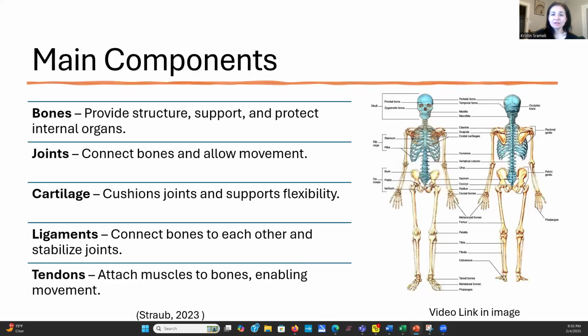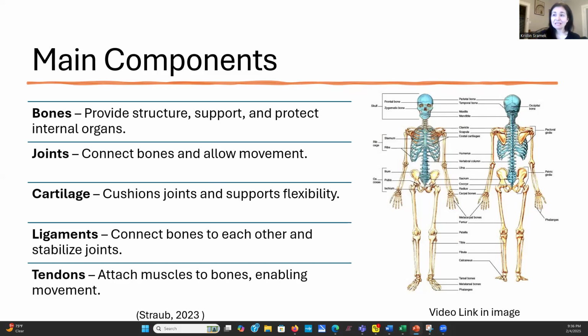All right, in terms of the main components of the skeletal system, we do have the bones themselves. So I mentioned that at the beginning, and the bones are important because of the general structure support and the protection that they provide to our internal organs. They also